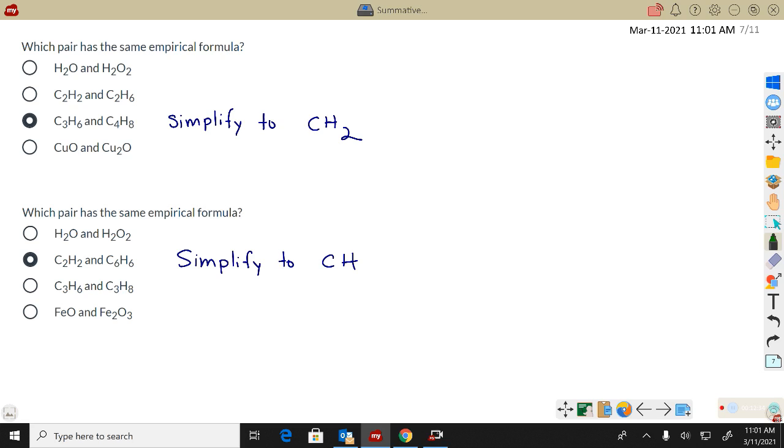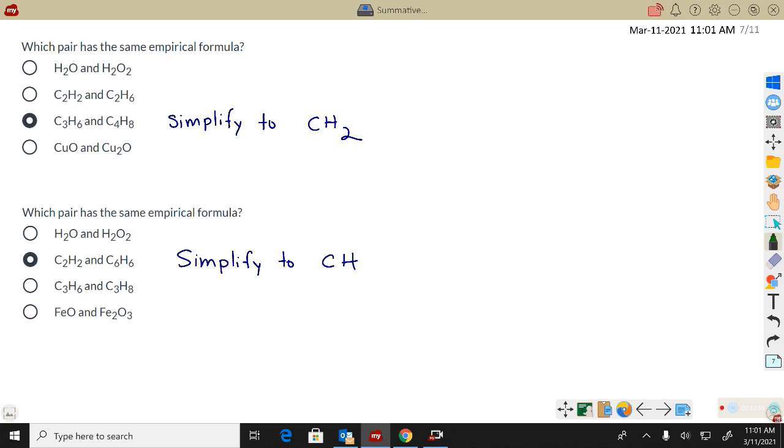Empirical formulas are the simplest ratio of elements in a compound. So if I have 2 compounds that have the same empirical formula, it means that I could simplify the ratio and they would both simplify to the same formula. So in the top example,